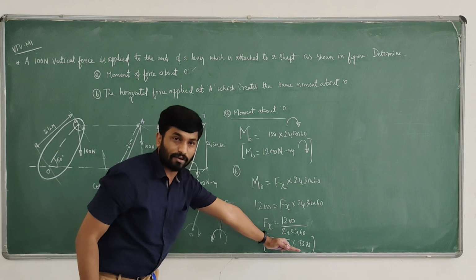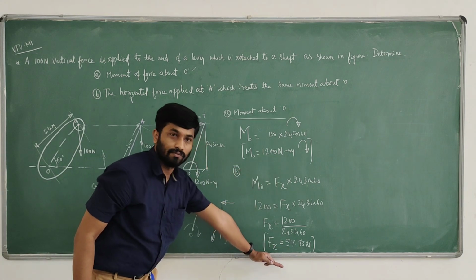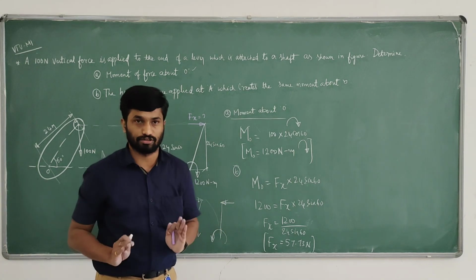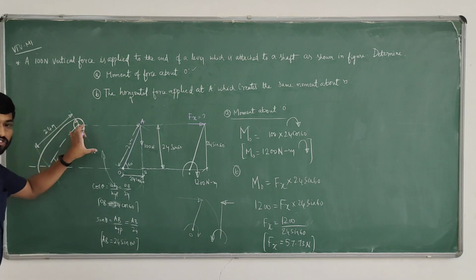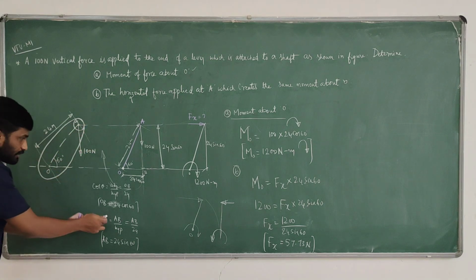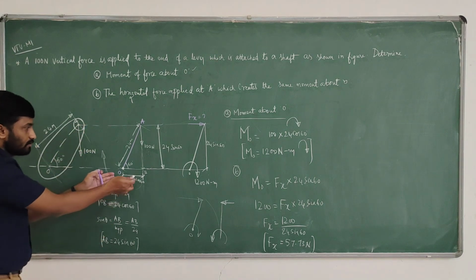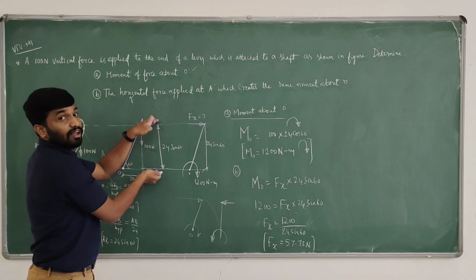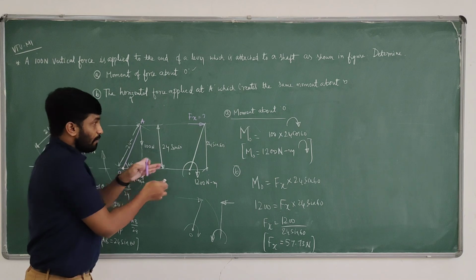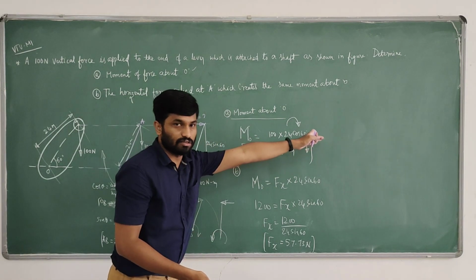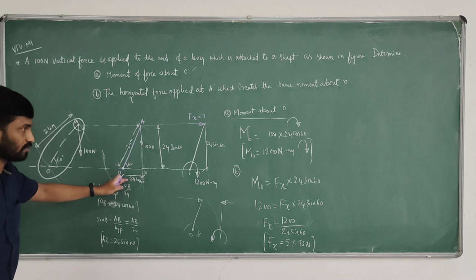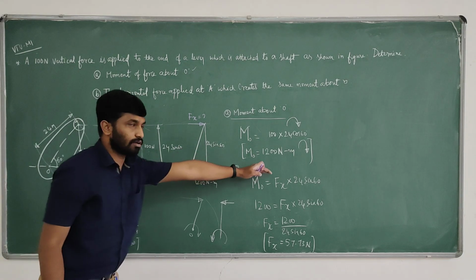So apply the concept and determine the effects. This is a moment related question, very important, simple question. The lever shaft is given. We have to determine, using the triangle trigonometric functions cos theta and sin theta, the horizontal distance as well as the vertical distance. Only one single force is there. M0 is force into perpendicular distance. Force is 100 Newton, the distance we determined is 24 cos 60, clockwise effect.